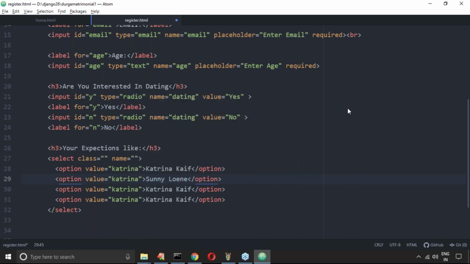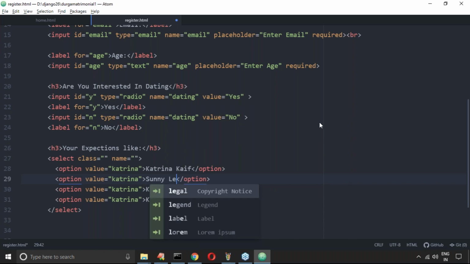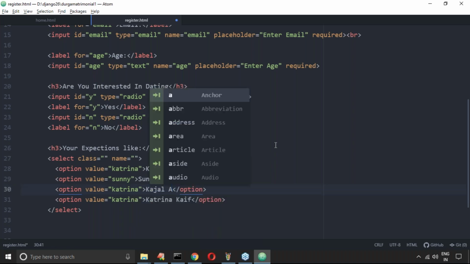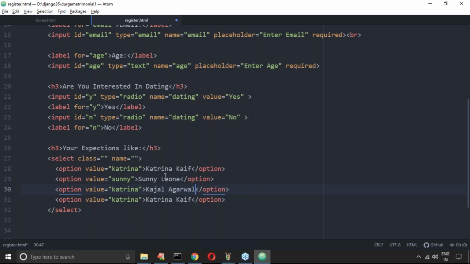Okay, Sunny, sorry, Leone. Okay, here I'm just taking Sunny. Any other names you can, need not be. Kajal, Telugu people, Kajal Agarwal. Oh, very recently this lady got married.